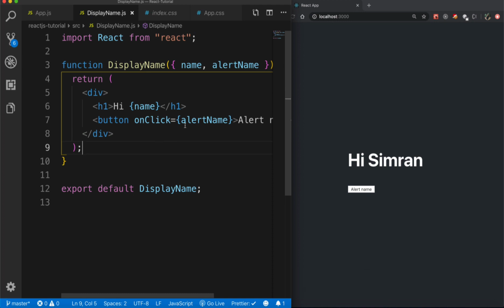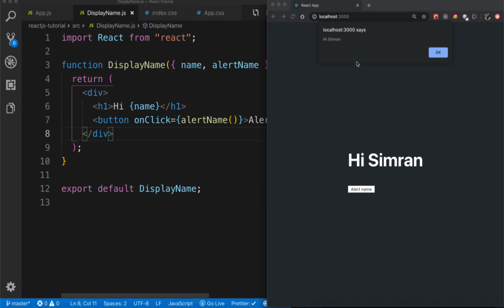But if you notice one thing, I have not put parentheses after this, and this is how we actually invoke a function. You have to note that when you're passing a function to your onClick, it takes a callback. That is, when we click on it, it will automatically make a call for us. So here it is expecting us to give a definition of a function, and it does not expect us to actually make the call. In fact, if you make the call directly here by placing the parentheses, it's not going to work. If I load the application, it's going to immediately alert the name.